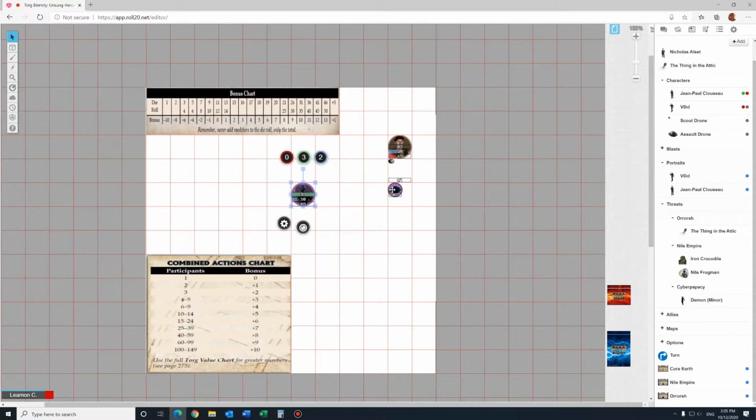So what I'm going to do is I have my two player characters from the last game, Jean-Paul Clouseau and Void. So just in the interest of showing you how different things work, and let's use the little assault droid guy too. Let's just, for dynamic lighting purposes, let's say that Void can see in the dark, has something in his helmet like night vision goggles. Let's say that the assault droid,